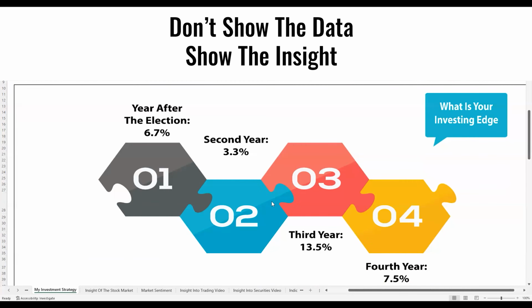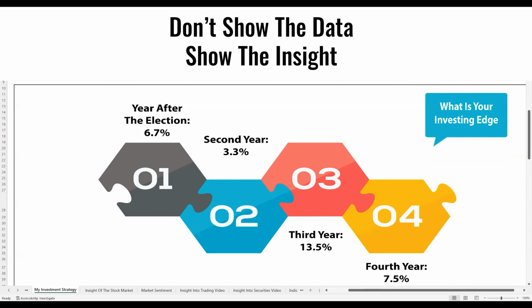What's the reasoning behind this? Think of it like this. A new president has made a lot of promises. These promises need to be paid. These promises need to be done inside. He's not worried about the stock market going up. He's more worried about the stock market going up in year 3 and 4, where voters will remember this time. So he positions himself for the first year after the election not to do that well, and definitely the second year to do very poorly, but people will remember the third year and going into the fourth year.